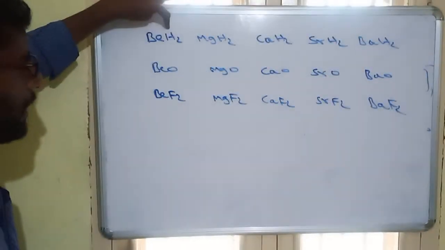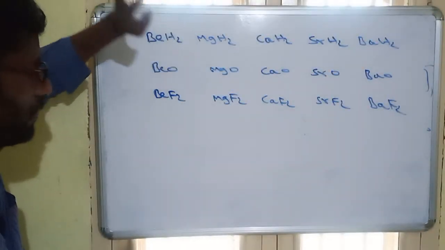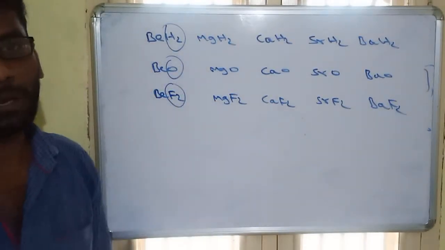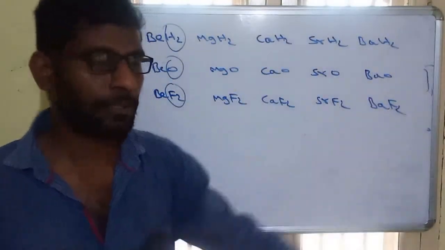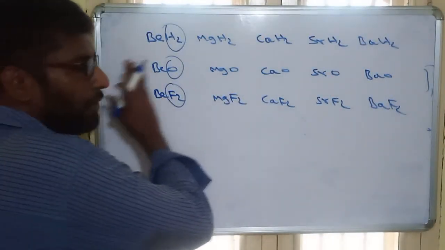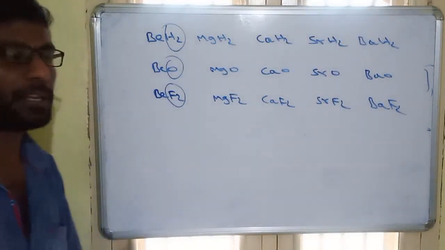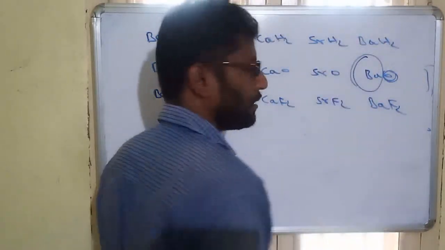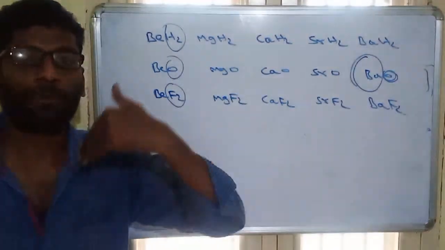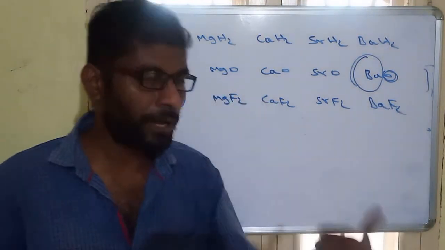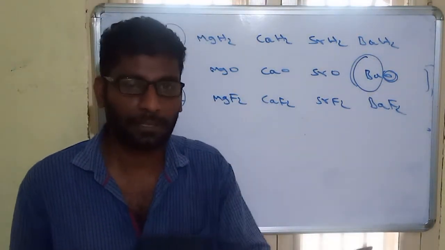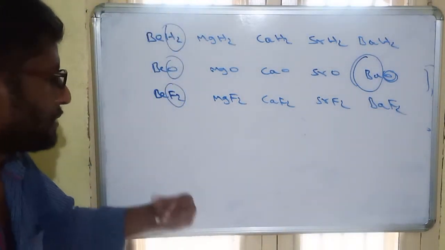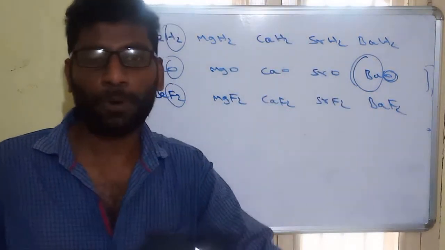See this is a hydride, oxide, fluoride. Here hydrogen charge is -1, oxygen charge is -2, fluorine charge is -1. So all these are small size anions. Remember, here the anions are small size and the cations, when we are moving from top to bottom, cation size increases. Here see this, barium is a very big size, oxygen is a very small size. So the size is not matching when we are moving from top to bottom. When size is not matching, the lattice energy will be less, then the stability also will be less. So stability of hydrides, halides, oxides decreases from top to bottom.